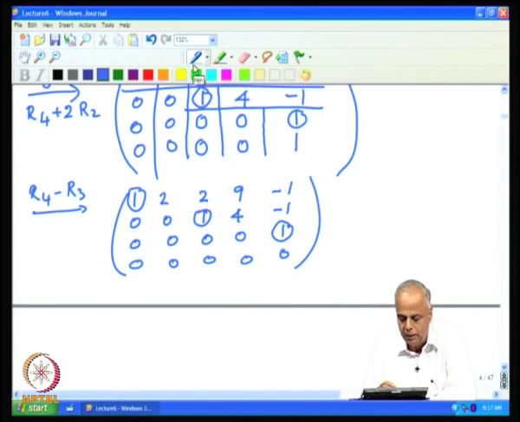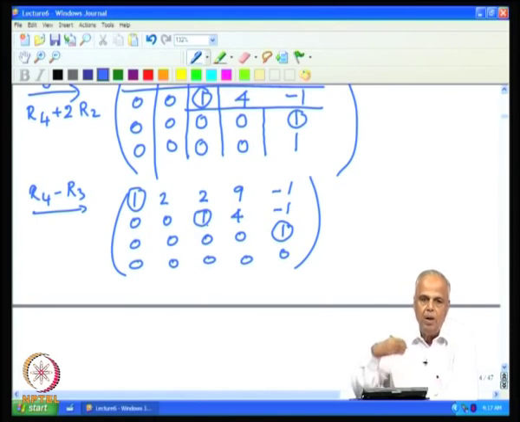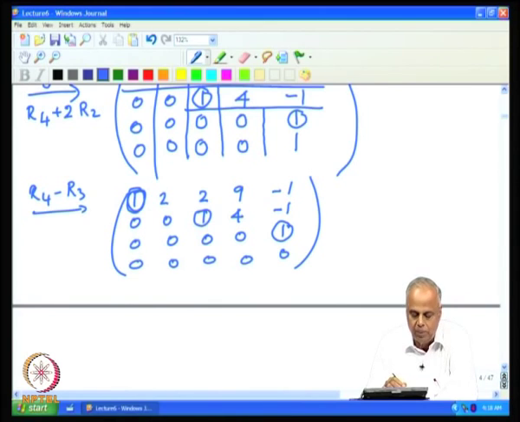In the cleanup operation, we have now to choose one by one the pivotal entries and make all the entries above the pivotal entries 0. So, now we already have chosen this one and made everything below this one 0, and there is nothing above it. The next pivotal one is in the second row, and we want to make everything above it 0. Above this pivotal 1 is a 2, and this 2 has to be knocked off. To achieve this we have to subtract twice the second row from the first row.